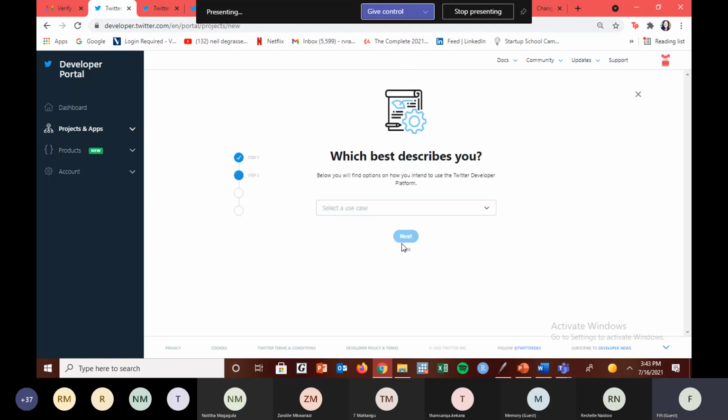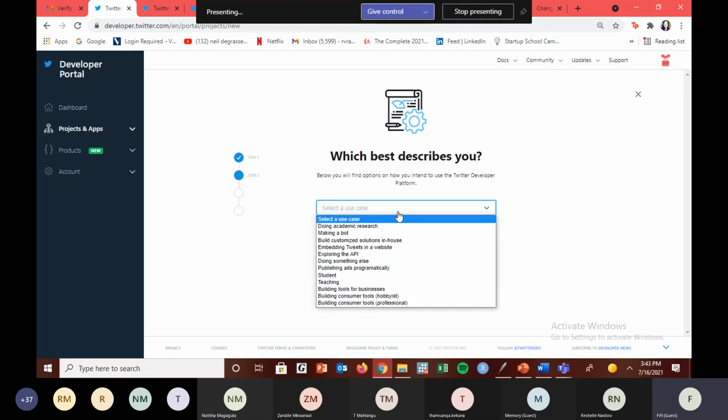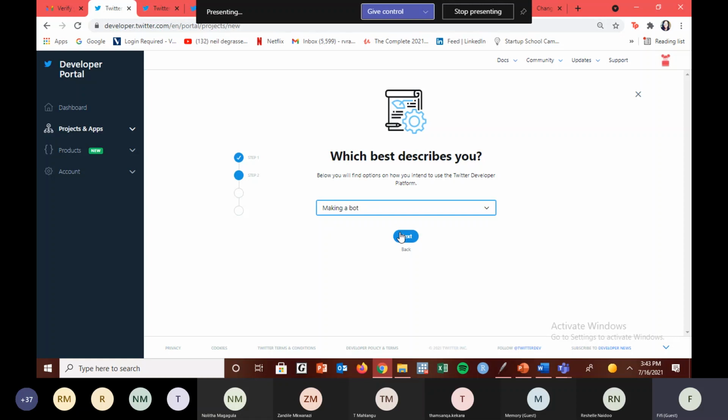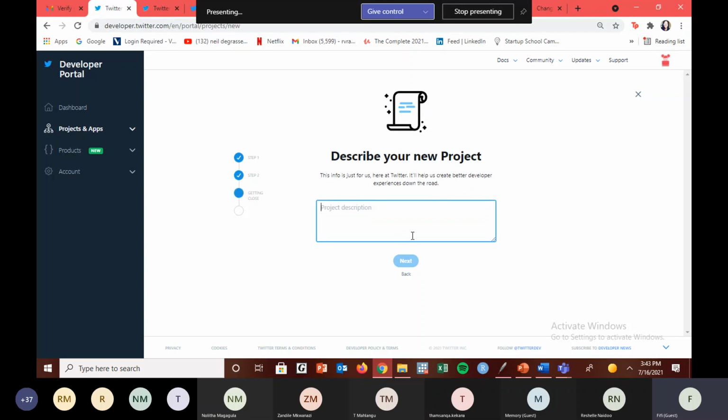And then you click on next, and then it says, which best describes you. Below, you'll find options on how you intend to use the platform. And obviously there's going to be a lot of options: student, teaching, doing something else. Obviously ours is making a bot. And then you're going to click on next. And then for the description, it's just for Twitter to help them make our developer experience better down the road. And I'm going to say that this bot